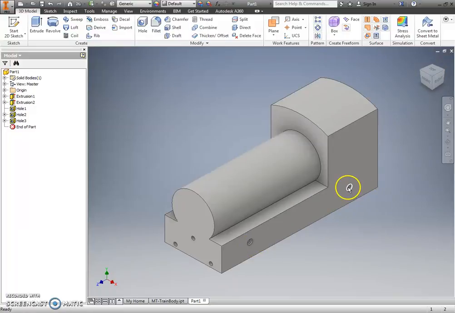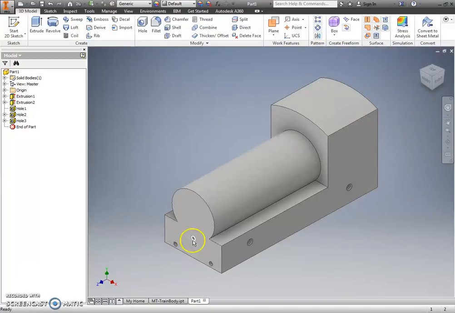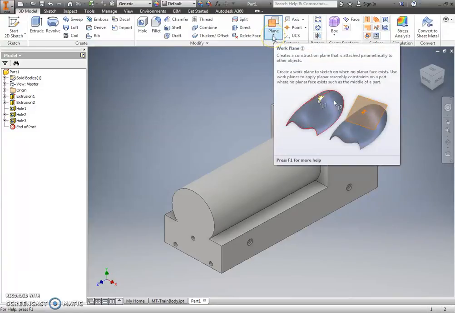These 2 holes are identical on the other side. So what I can do is mirror them across the part. The mirror tool is right here. But the only way I can mirror something is if I have a reference point that's directly in between what I want to mirror. So I'm going to come up here to work plane, and I'm going to click on the down arrow,